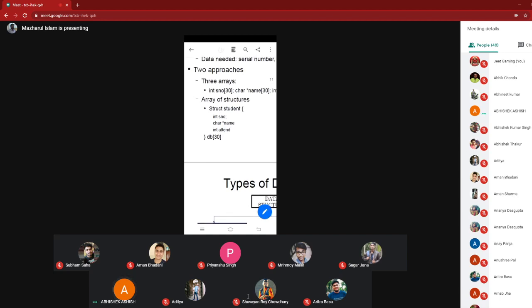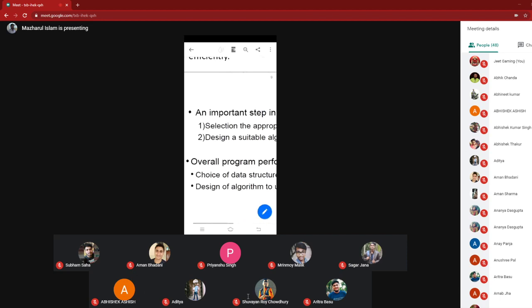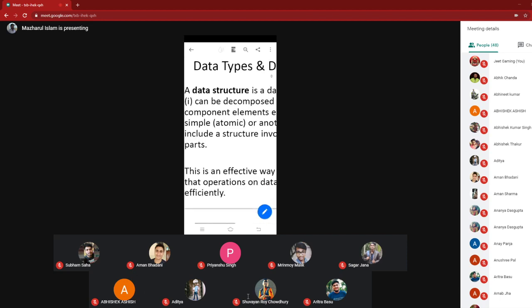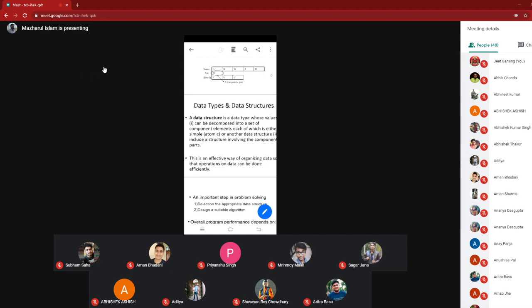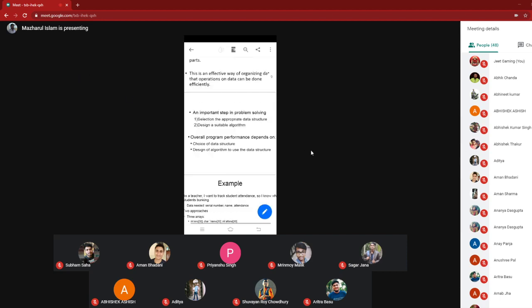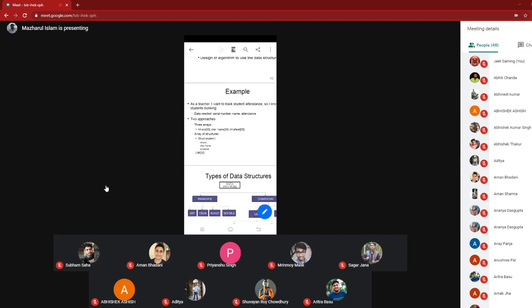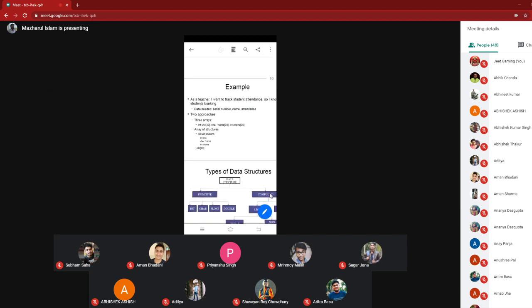So what I told you in the definition is that a data structure is a data type whose values can be decomposed into a set of component elements. If you analyze the student in terms of structure, the value of the student record can be decomposed into serial number, name, and attendance.